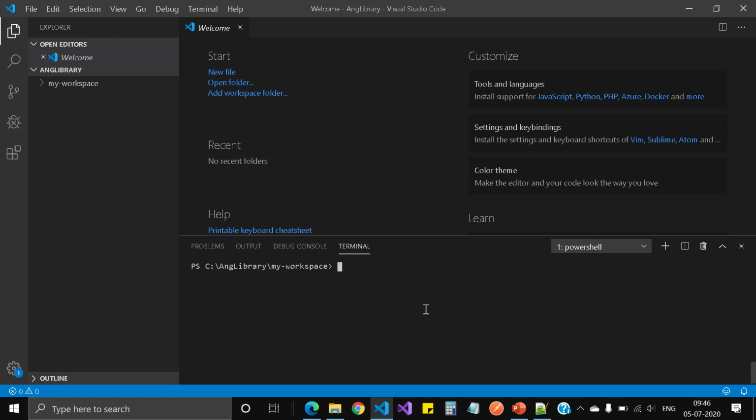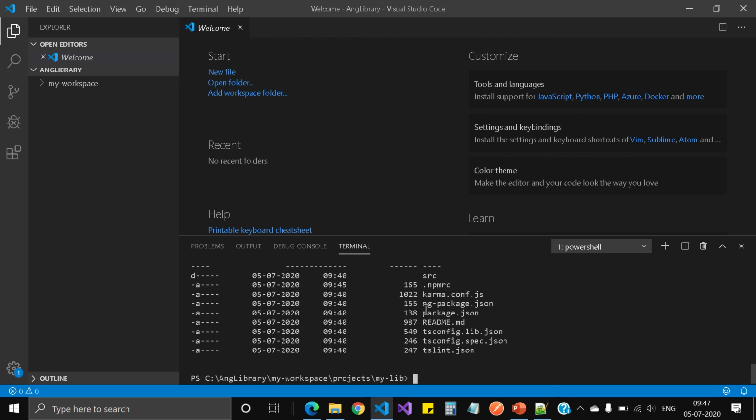So let's go to the my library directory, cd projects, and then cd mylib. Super. I should be able to see this .npmrc file. So at this level, I need to issue a command as I had explained, that is